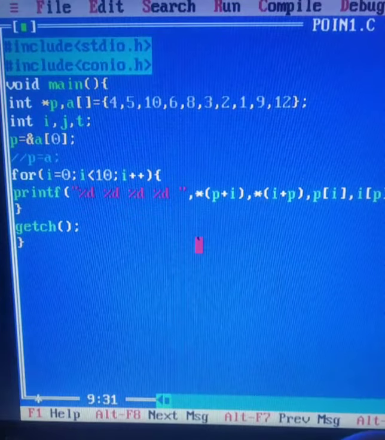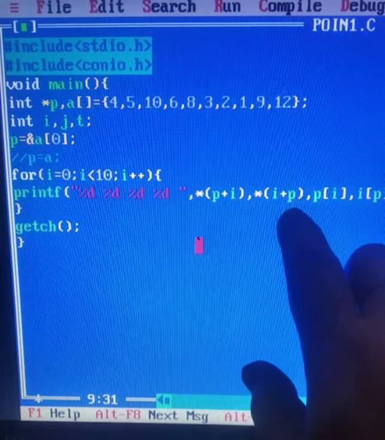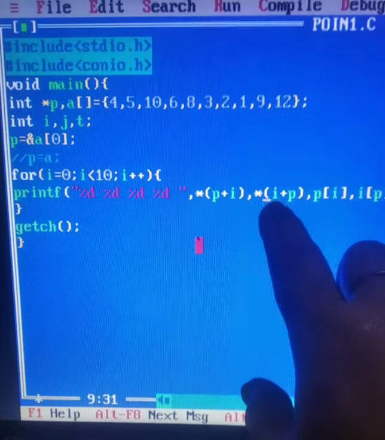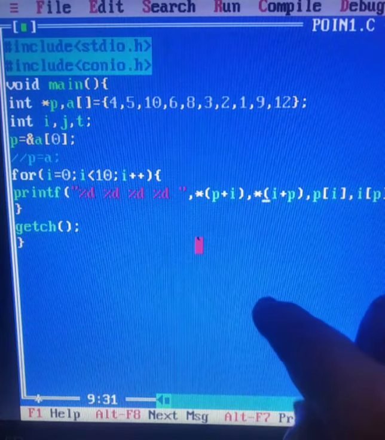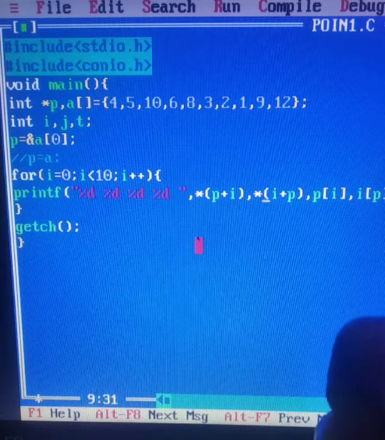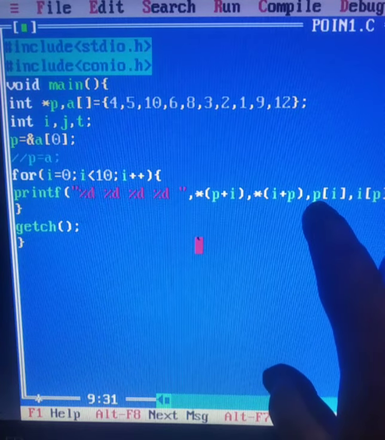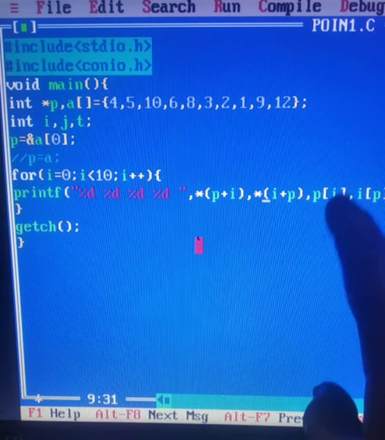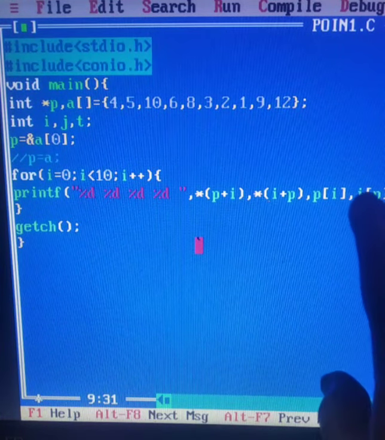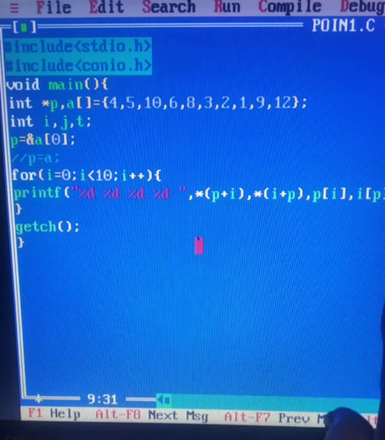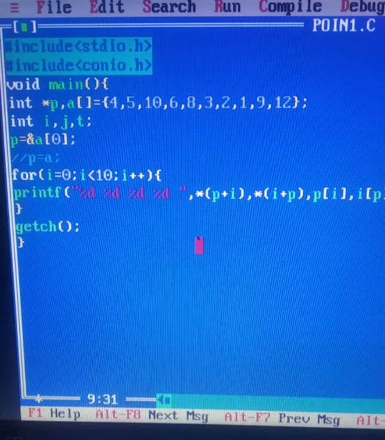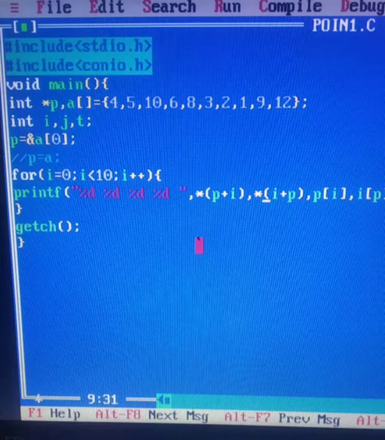Then with i++, i becomes 1. Let me first of all tell you this thing also. *(i+P) is also the same thing. i is 0, P is also 0, the asterisk will take the value of the 0 position. Then this is the array type of syntax. P[i] will also print the same value. Or you can write i[P]. All the 4 syntaxes that I have used here will print the same value.